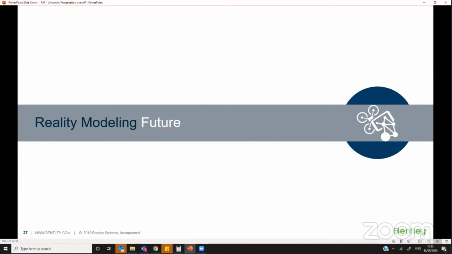So as you can see, there are lots of different ways it can be used. That was just a very short snippet of how ContextCapture is utilized in terms of reality meshes, more in civil and a little bit of industrial, but we do see people across the board using it in every different aspect of engineering. And then what I wanted to finish with is a little bit of what's coming in the future with